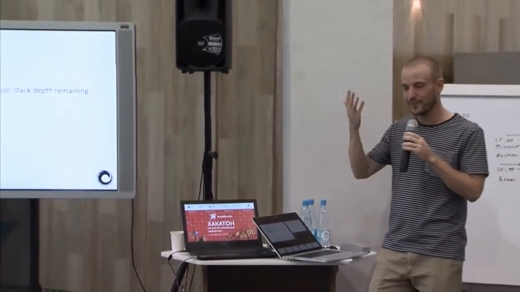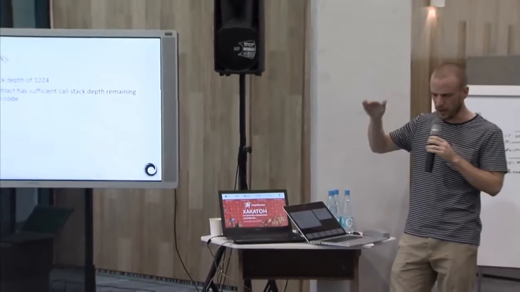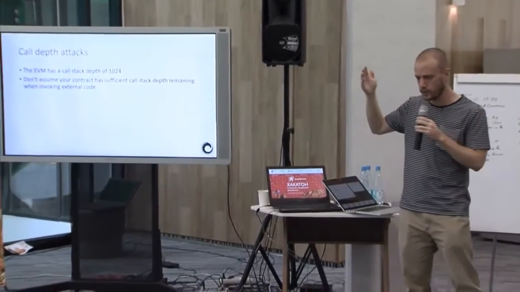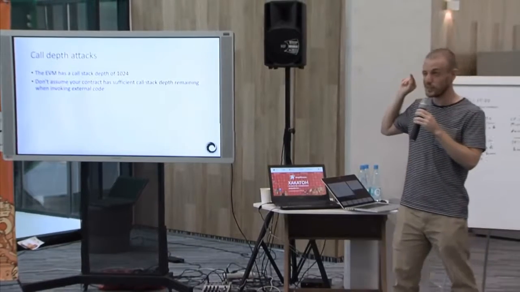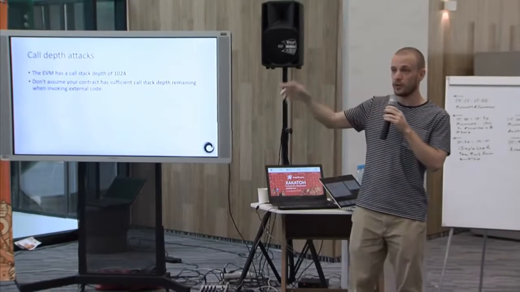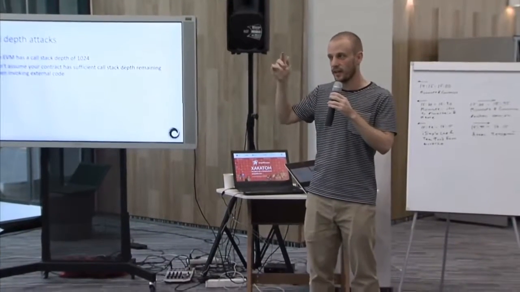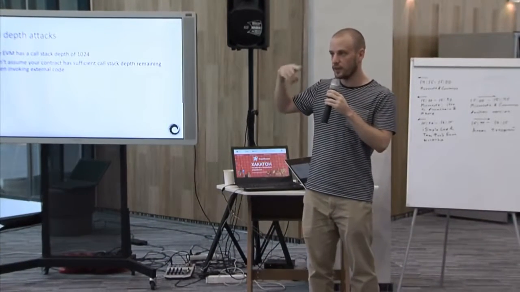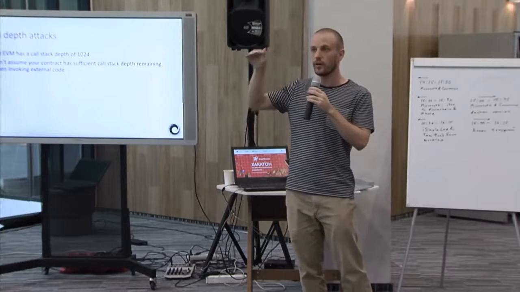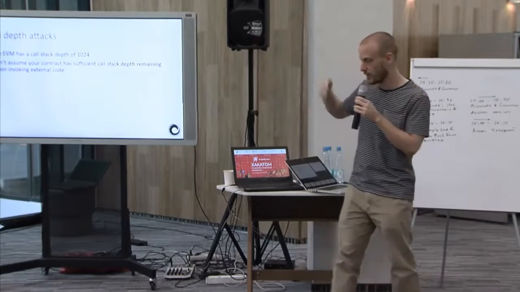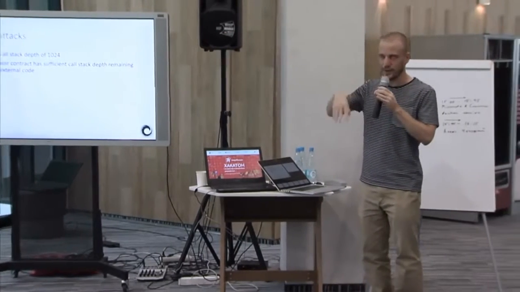There's this thing called call depth attacks, which you don't need to worry about for the hackathon, but just to give you an idea that this is not always safe. The call stack in the Ethereum virtual machine is 1,024 calls that you can make before you bust the stack. So if you expect to be able to make a call to an external contract and then have that contract call you back, some hacker may run the call stack up to 1,023 entries, call you, and then your external call will fail because you'll bust the stack. You'll be over 1,024 entries. You don't need to worry about that for the hackathon.